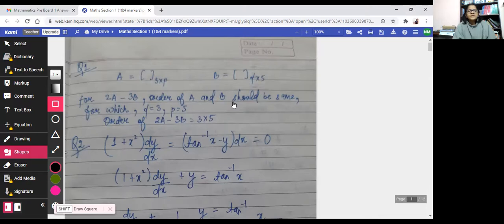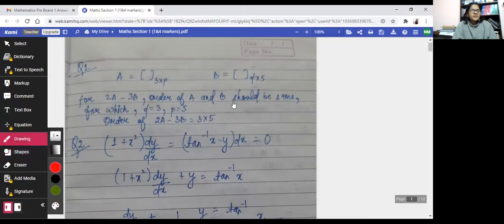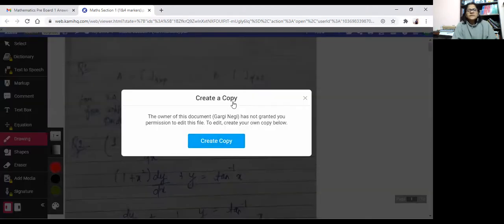So let me just tell you, while starting the checking work, I would go to the drawing feature. I'm getting some colors here, and of course, I need red color. Any color of my choice I can take. Maybe I can take red color. So like this I can check. So this is the red copy that I can do.